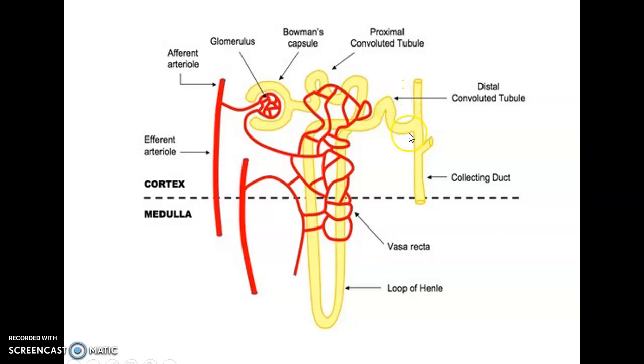And mind you, the collecting duct is not a part of the nephron, because many nephrons open into a common collecting duct. So if we try to list out the parts of a nephron, we come across the blood vessel or the afferent arteriole, which becomes